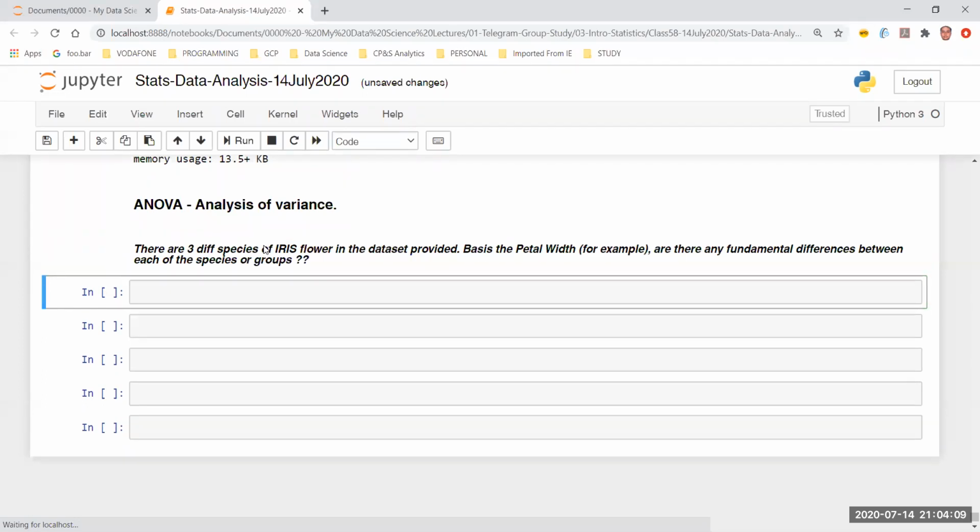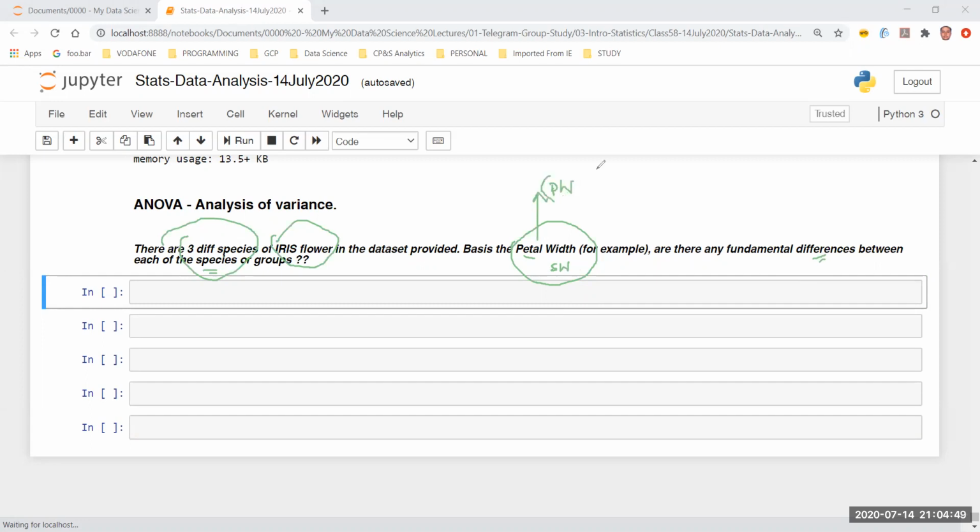Clearly, we need to take samples from more than two areas, you can say. How did you find out that? Because we have clearly defined in the question over here, we have three species that belong to a single independent variable. And the variable that we are going to consider to do analysis is one, and that is going to be petal width. I never said that basis petal width as well as the sepal width, we are going to find out the association or the differences between the species. I said there is only one variable I'm going to use, which is going to be my petal width.